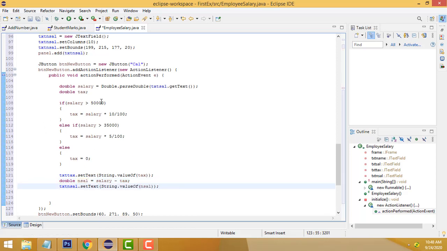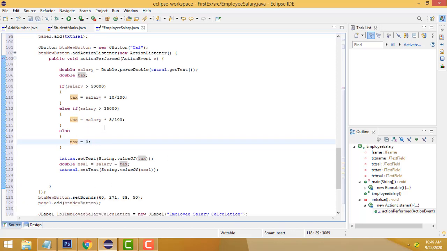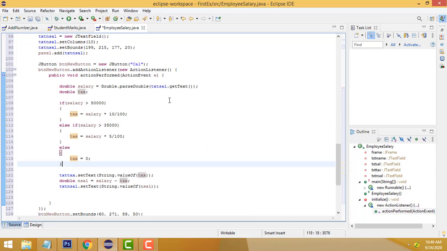Here, if the employee salary, if you enter more than 50,000, this condition should work. If you enter below 35,000, greater than 30,000, if you enter 45,000, it belongs to this else if. Below 35,000 belongs to this else part, right? If the salary is more than 60,000, this block of code works, otherwise go to the else part and check this block of code, otherwise below 35,000, it goes and checks the else, tax equals 0, right? Tax is not included if the salary is below 35,000. That is the rule of this company, right?